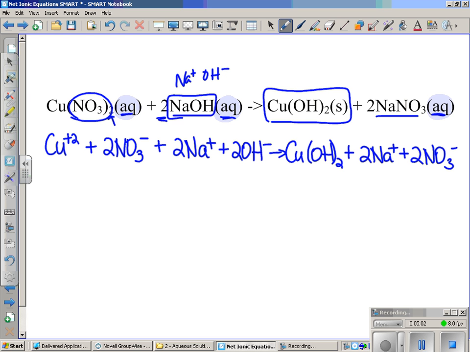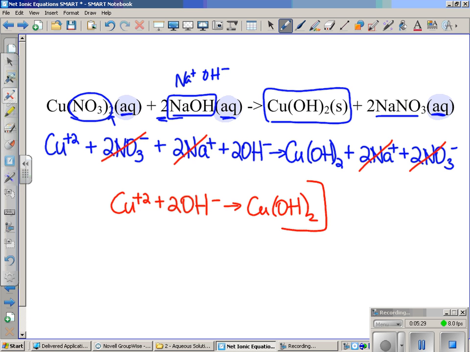Now for the net ionic equation, you're simply going to take things that appear exactly the same on both sides, and you're going to cancel them out. So if you take a look on both sides, we have 2 NO3-. Those will cancel. And on both sides, we have 2 Na+. Those will cancel. So that leaves us with a final net ionic equation of Cu2+ plus 2 OH- yields